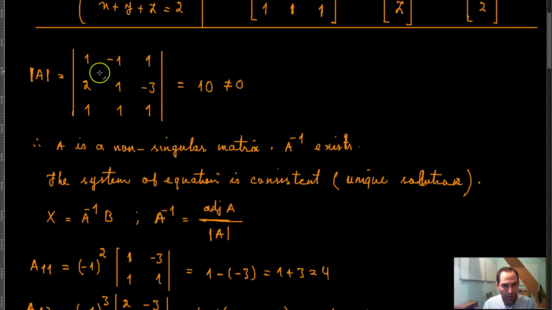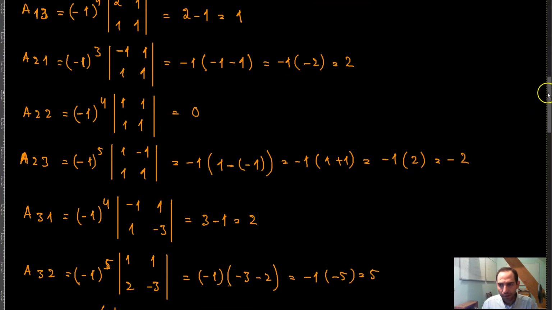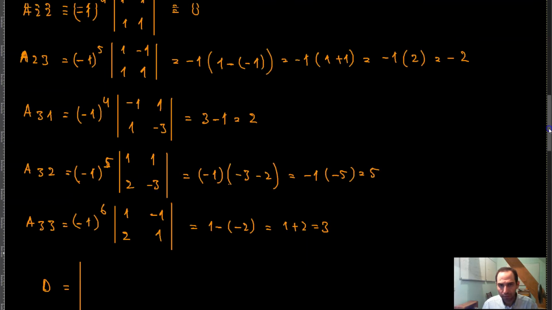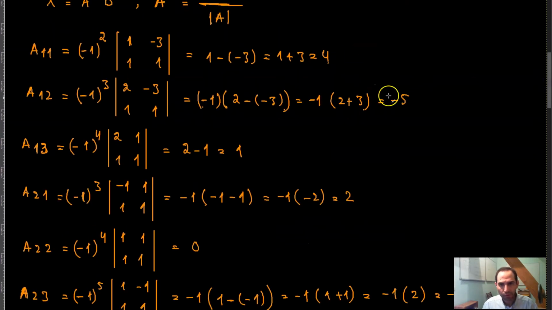Delete this row, delete this column: 1, negative 1, 2, 1. So you have basically 1 times 1 minus negative 2, which is equal to 1 plus 2, which is equal to 3. And so I can write some matrix, for example, D, as I'm writing down these numbers: 4, negative